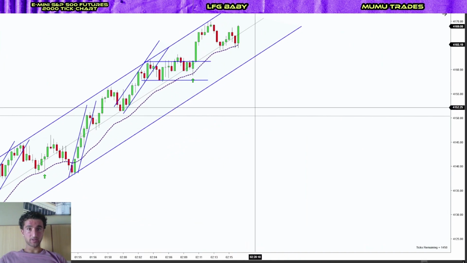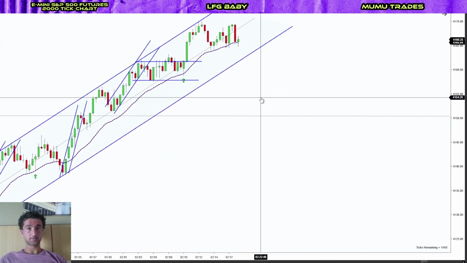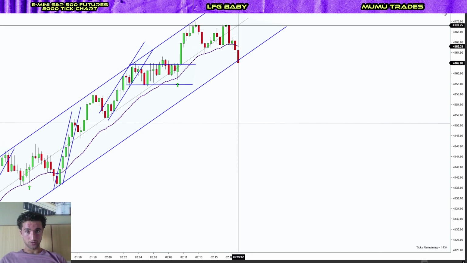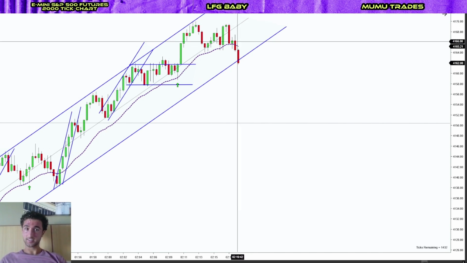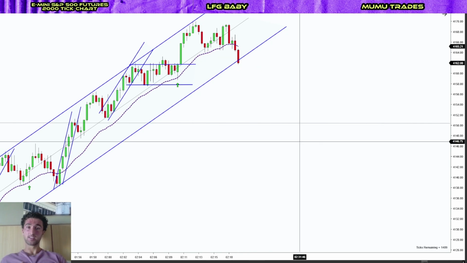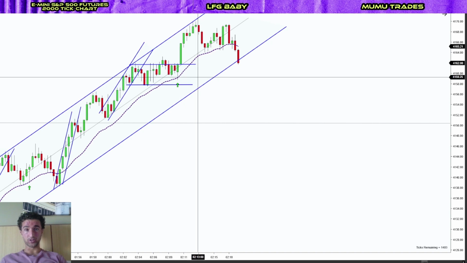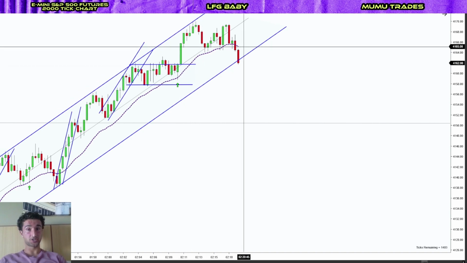This bar is very, very big, so I would avoid that once again. And that would have been smart to avoid it because you would have got one tick and you would have got trapped. So that's why, like I said, with this trade, even though it worked out, price action showed you it worked out,